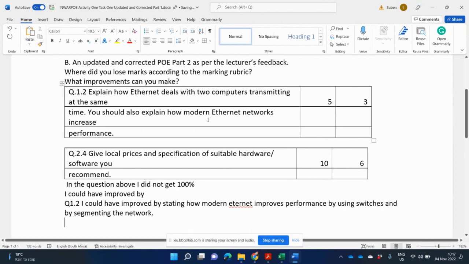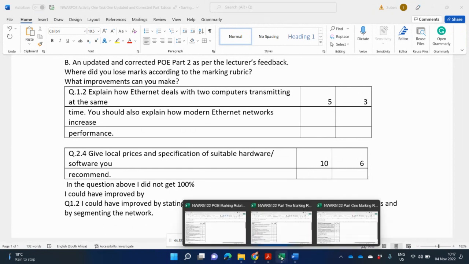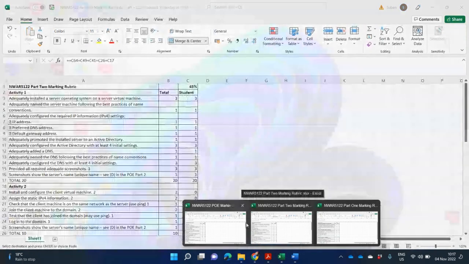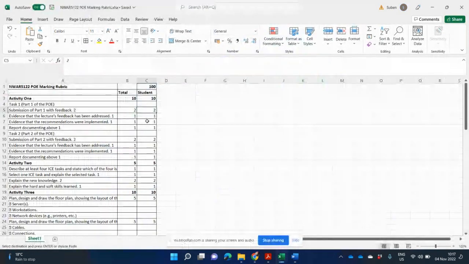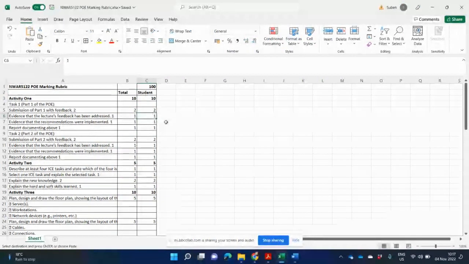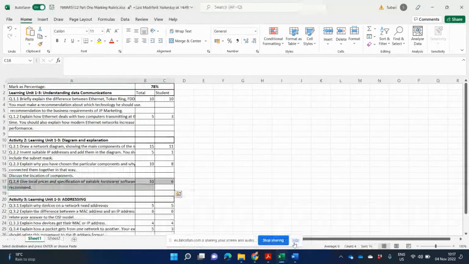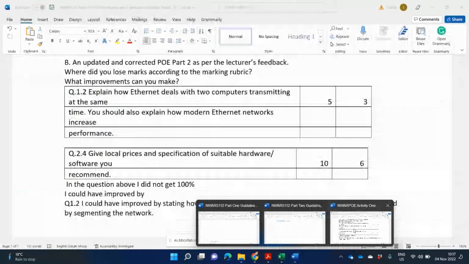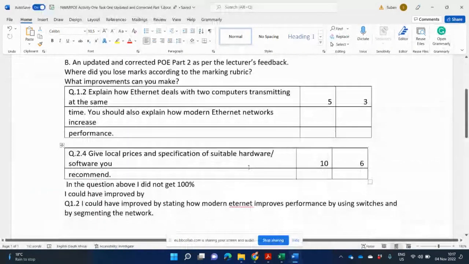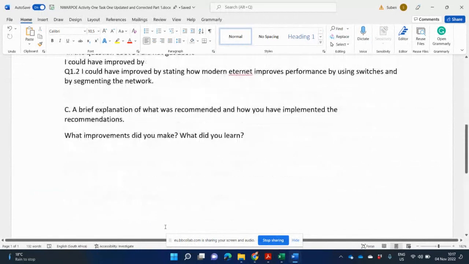Okay. Now remember, if I go back to this document here, I can see how many marks I'm actually going to get for this. I'm just going to get 1 mark. All right. So it does not have to be a lot. But what needs to be done in the document is I need to clearly indicate that I am aware of where I lost my marks and what improvement I could have made. Okay. And then it says brief explanation of what is recommended and how you have implemented it, right? So what improvements did you make and what did you learn,